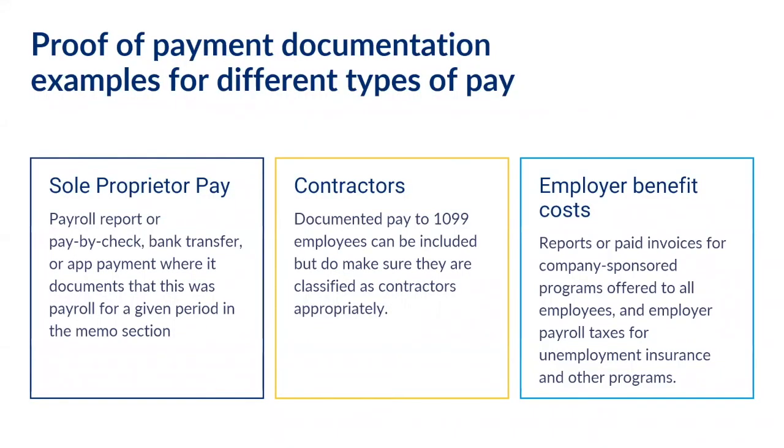You might be wondering what documentation you need to verify payroll, employment, and personnel costs. If you are a sole proprietor paying yourself, you need proof of payment like a payroll report or pay by check, bank transfer, or app payment documenting in the memo that it was for payroll for a given period, and show that it does not exceed revenue for the same period. For example, if you took in $1,000 for the month in revenue,